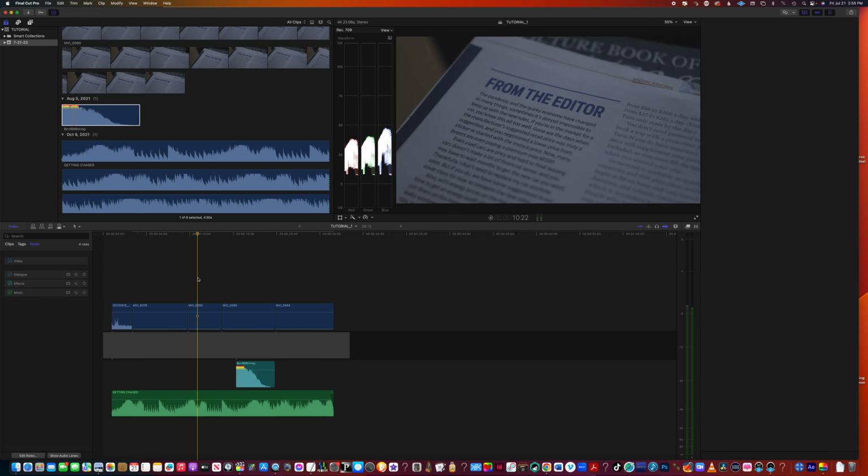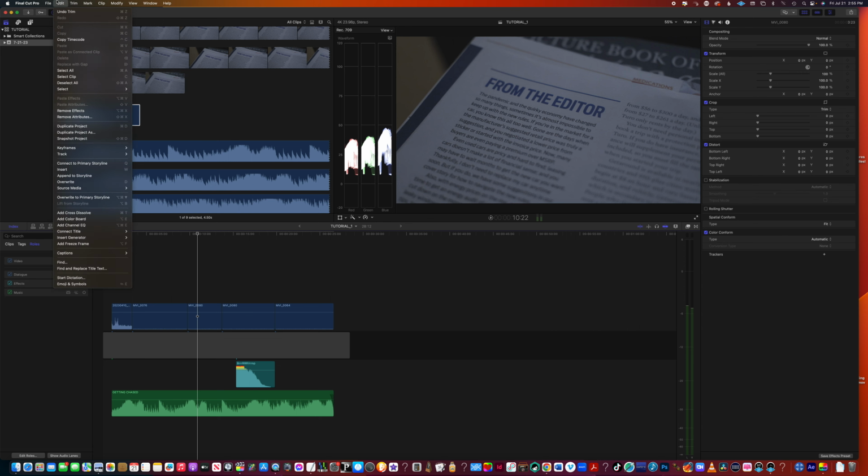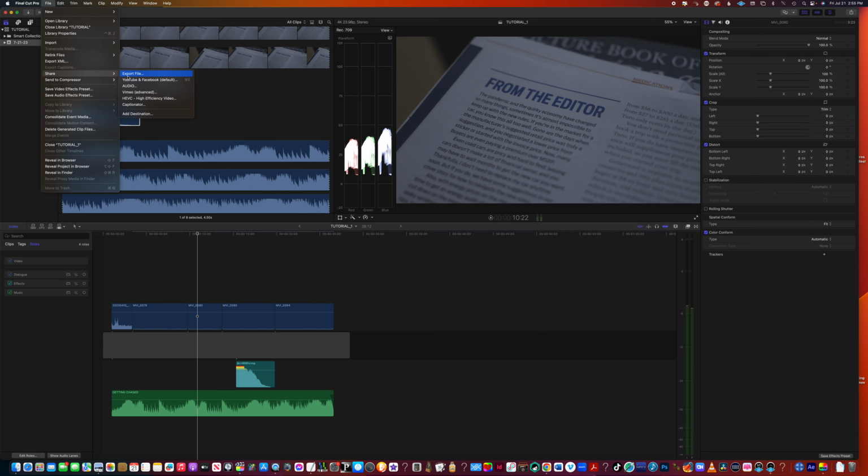Okay, and then here's what you do. You go up to File, you go down to Share. I don't know why they call it Share. I guess because they're trying to make it consumer friendly. It should be called Export, but we won't get into that. You go to File, Share, Export File,